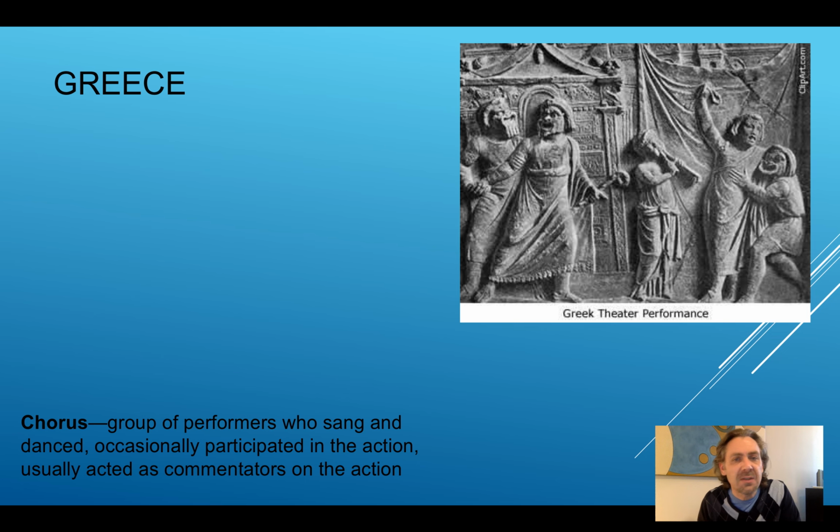The chorus, then, in Greek theater, was the group of performers who sang and danced and occasionally participated in the action. Usually, a chorus functions as commentators on the action. As you read the play Antigone by Sophocles, I want you to think about the fact that the chorus is commentating on the action of the play. That's number one. Number two,